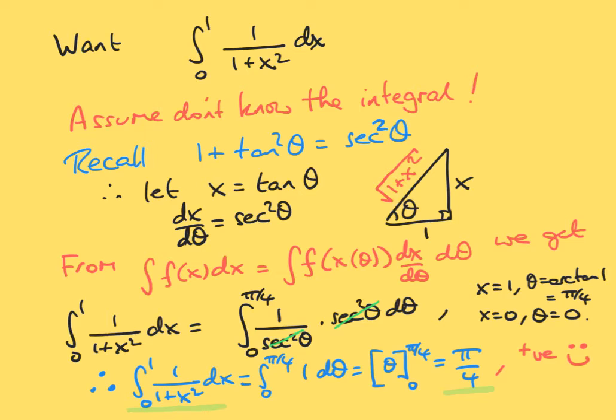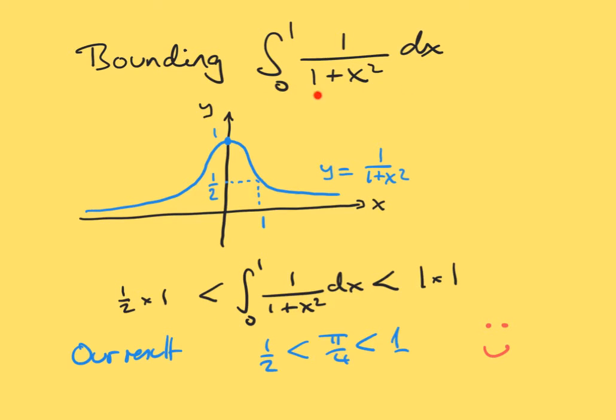And on the next slide, I'm going to show how we can bound this definite integral a little bit more precisely. So, I want to talk about bounding this definite integral. And to do that, we want to sketch the integrand 1 over 1 plus x squared. So when x is 0, this is at 1. And as you increase x, you are dividing 1 by something larger, so it is going to become smaller. So it's going to do something like that. It's always going to be positive. You just have 1 divided by a larger and larger positive quantity, so it is approaching but never reaching the